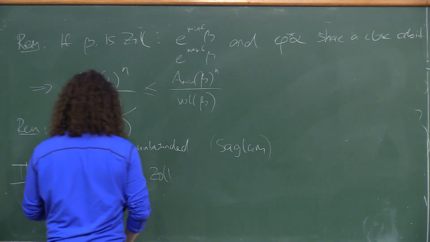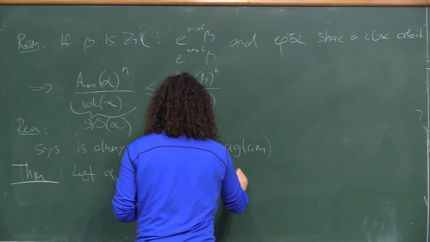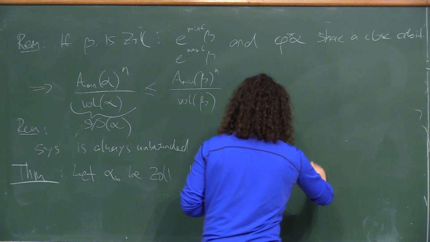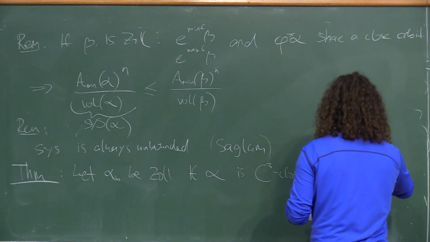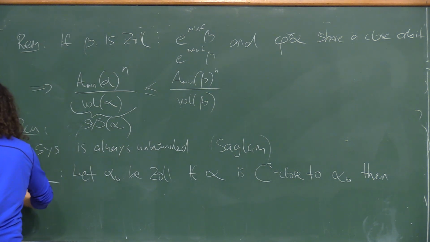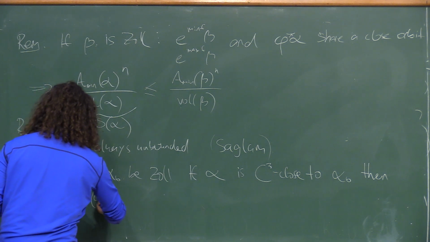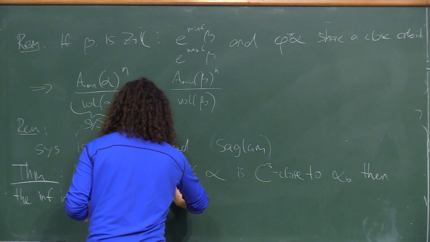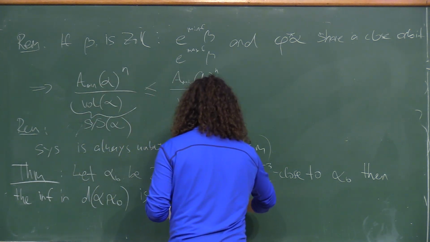So we fix our favorite Zoll contact form, and then if alpha is C3 close to alpha 0, then it is true that the infimum in this distance of alpha to alpha 0 is attained, and moreover,